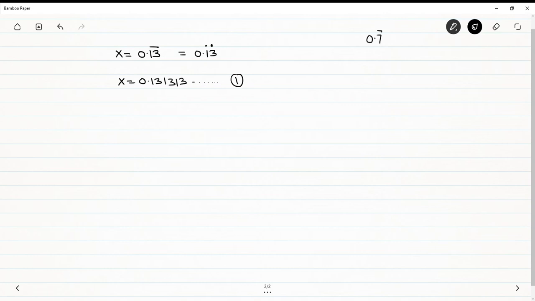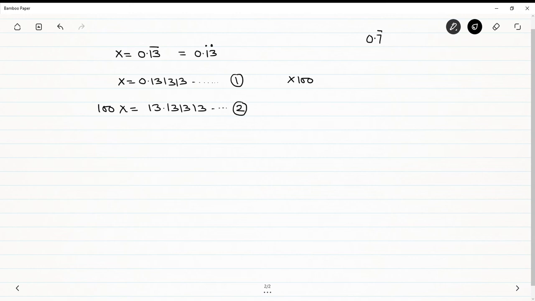This is very important thing. I will again make use of this a little later, but please understand the repeating numbers must be immediately after the decimal. So it is 0.131313, and we can see after the decimal there are two digits repeating. So since there are two digits repeating, definitely I should multiply it by 100. So I'm multiplying both sides by 100. So on the left side you are left with 100x is equal to, on the right side is 13.131313, the same way we were doing it in the previous case. So that's your equation number 2.